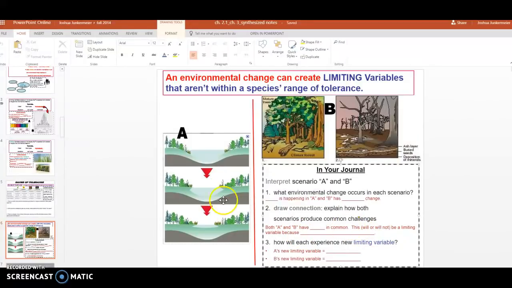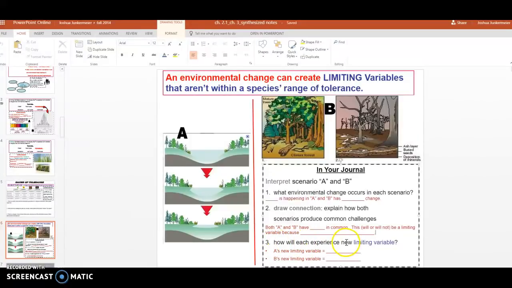So if you choose something negative that they have in common, or something that the environment's losing, and you put it here, it means you're going to be talking about something that will be a limiting variable. If you're talking about something positive in the environment that they have in common, you'd say that this will not be a limiting variable because. So if it's negative, it will be a limiting variable because, well, limiting variables threaten survival, right? And if you say it will not be a limiting variable, it's because you think it's something that is not harming survival, not making it hard to live, and they are within their range of tolerance.